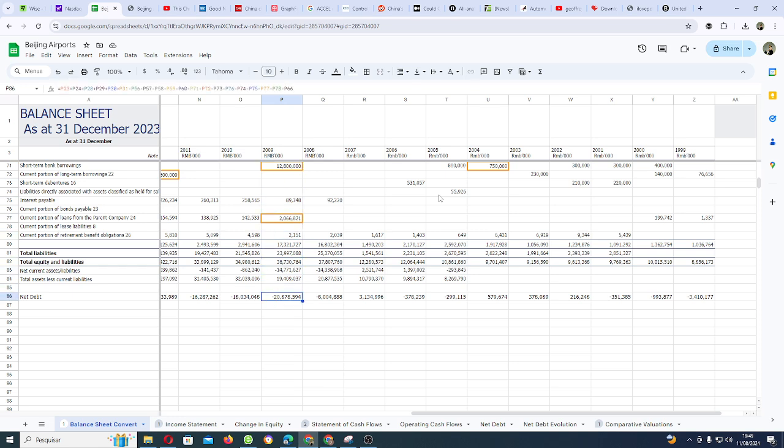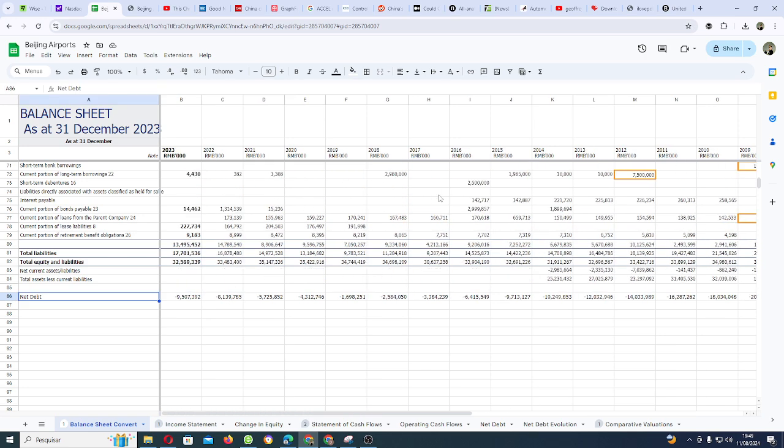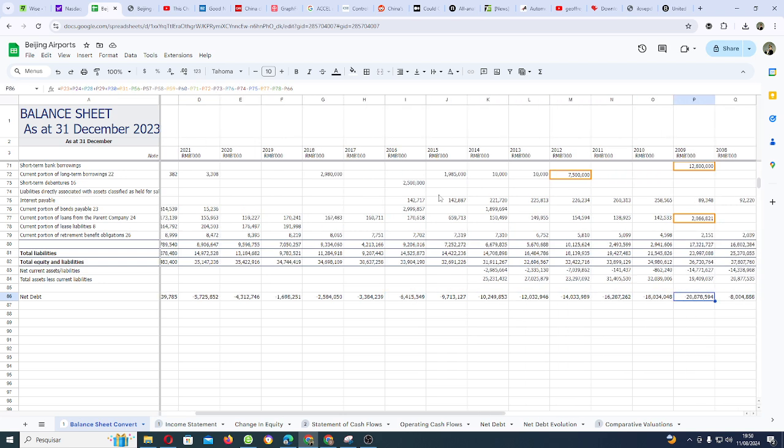Where are we today? Because right now everyone is concerned about the pandemic, and we are going to show in another, with other data, that the jet fuel is coming very quickly. So you can see that after the 2008 expansion for the Olympic Games, net debt went down, down, down, down, down. And then what happened is that it bottomed in 2009 and then increased again because of the situation with the